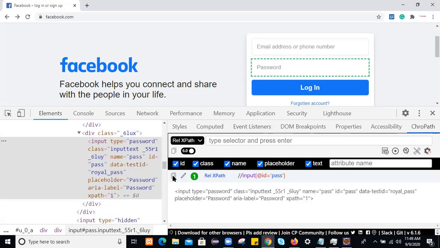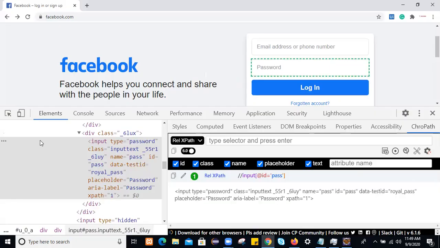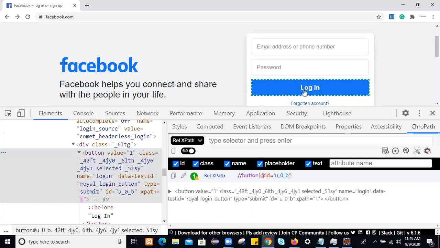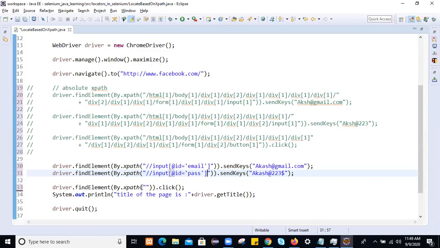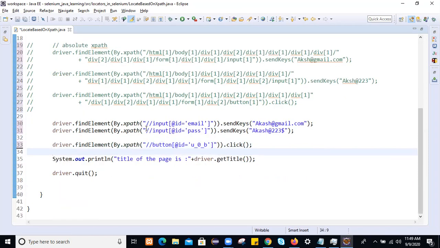So copy the XPath for the password field, and then again move to the application and paste here, and again go to the application, inspect and inspect the login button. This is a relative XPath for the button where the ID becomes like this. Copy this, move to Eclipse, paste here, and then after that, once you pass username, password, click on the login button.